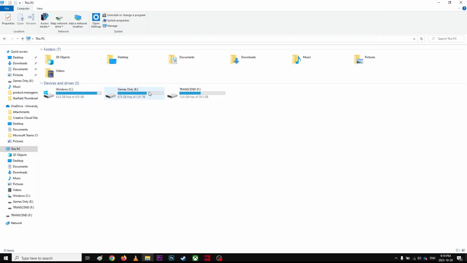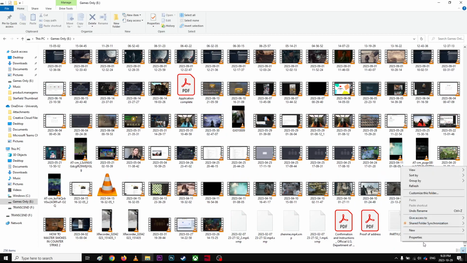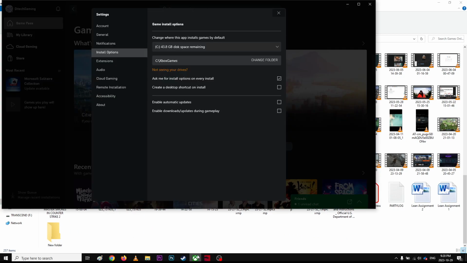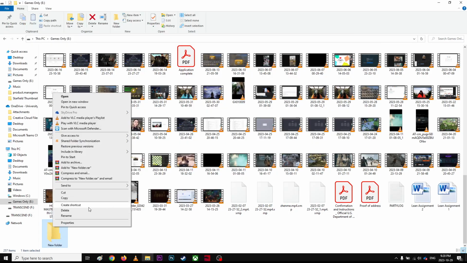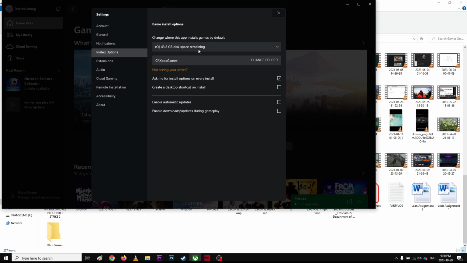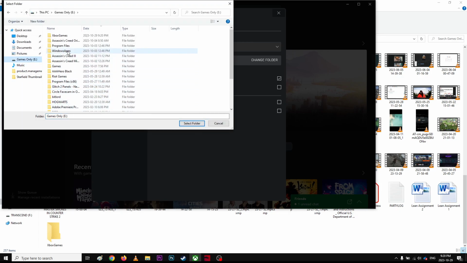So you have to go to this E drive and create a new folder over here, and the name is exactly this: Xbox games. Once you have this folder named exactly like that, I believe it will show your E drive right now. So one more time,